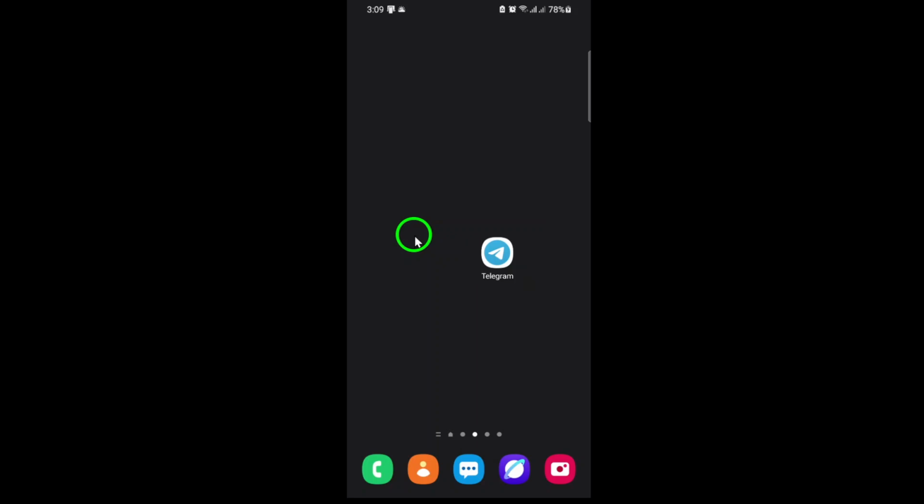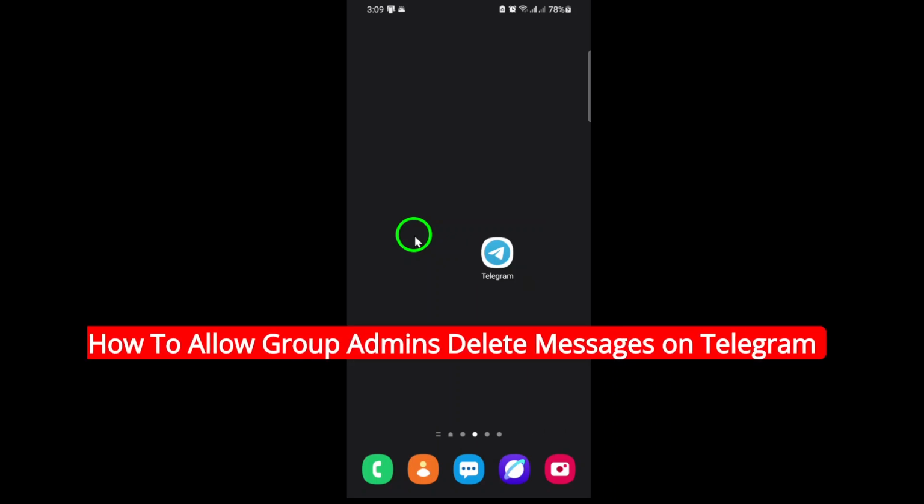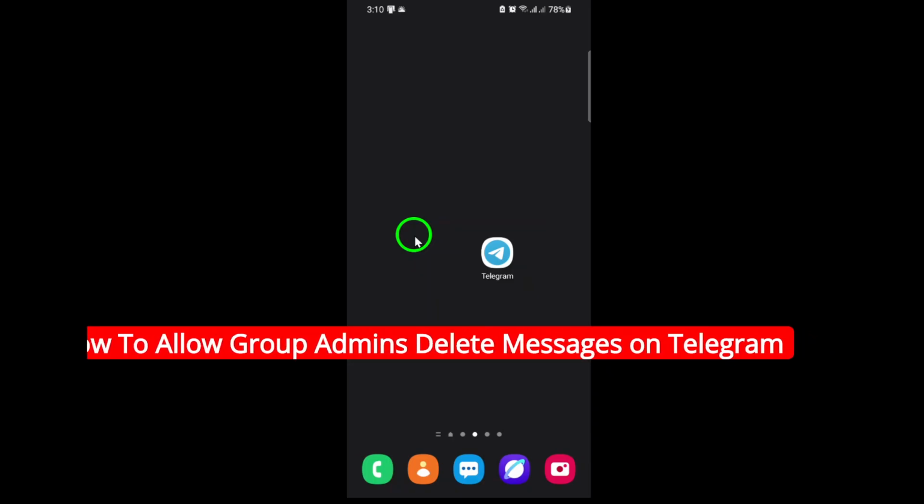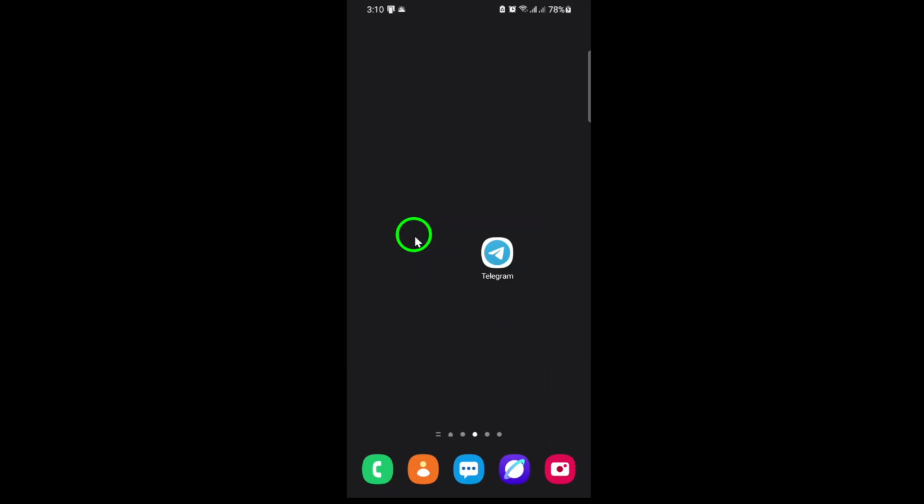Welcome. If you're looking to keep your Telegram group organized and give your admins more control, you're in the right place. Today, I'll show you exactly how to allow group admins to delete messages in your Telegram group using the latest update. Whether you're managing a busy community or just want a cleaner chat, these steps will help you set